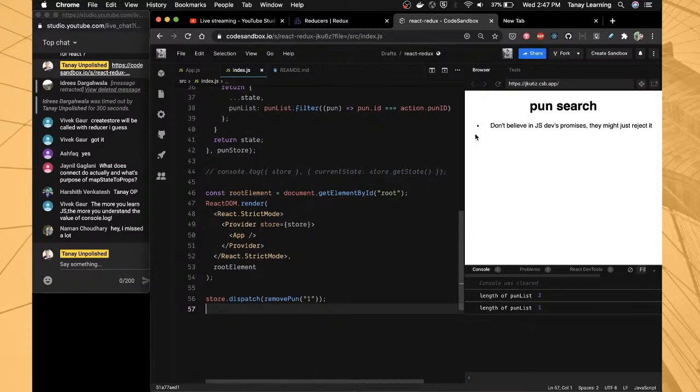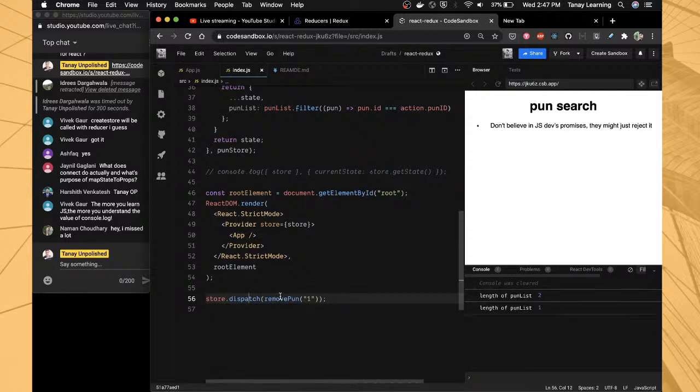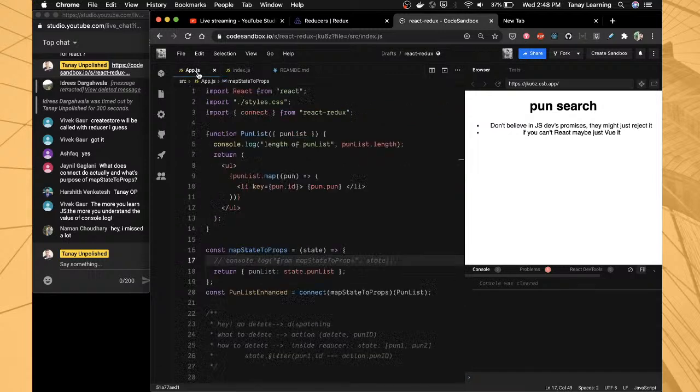So all you have to do now, suppose if you remove this store.dispatch right now, you will have both of it, right? And if you have that dispatch, you will have one. So the logic is very clear now, right? Whenever this is getting dispatched, you are removing one part, right? So all you need to do is say if I want to do it here, right? If I want to do it, say I have